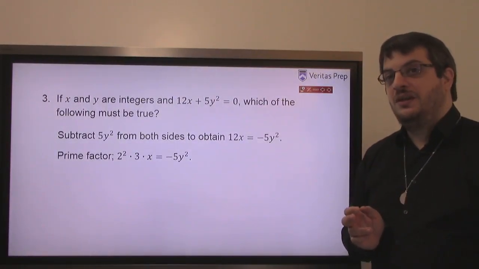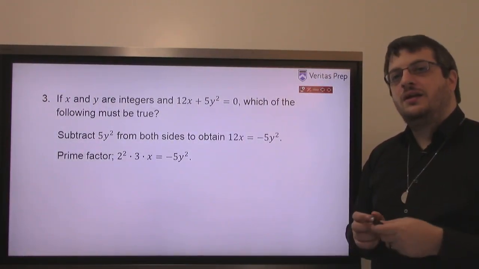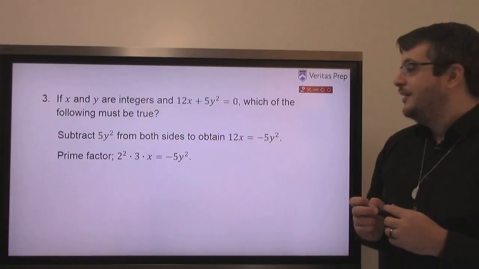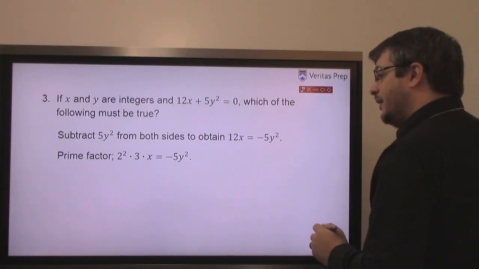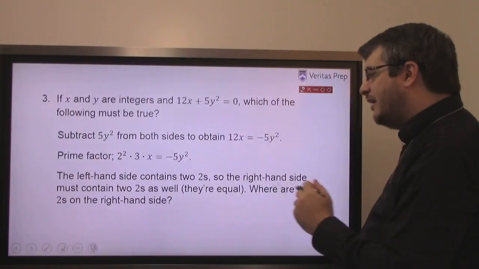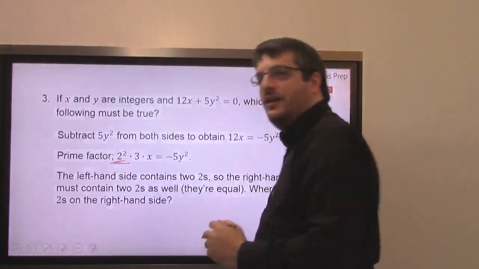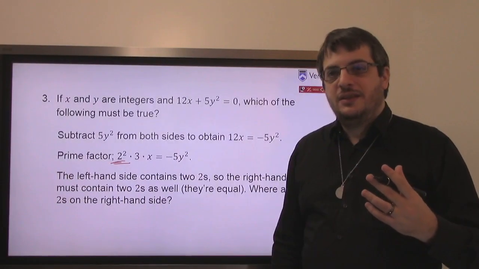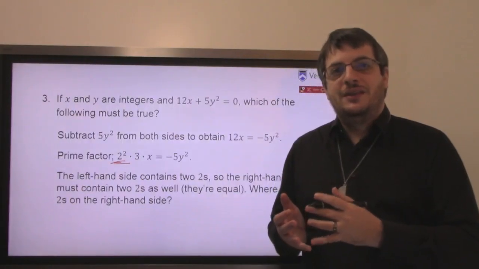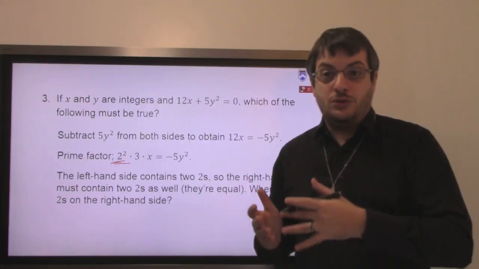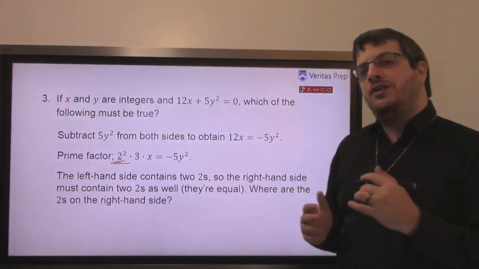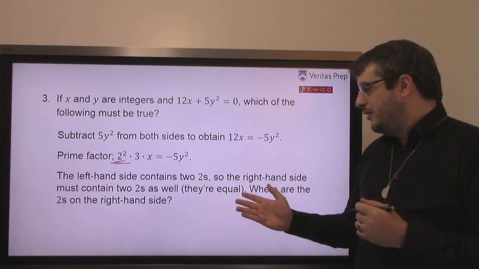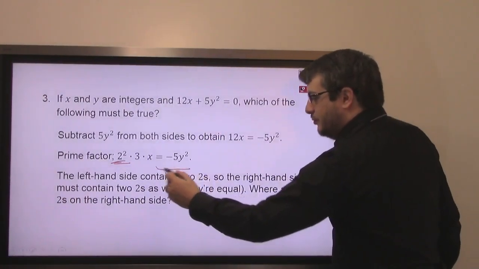Now, from here, okay, some people are speaking other languages, I'm not sure, but okay. So from here, I can look at this and I can say, well, wait a minute, the left-hand side contains a couple of 2's, right? They're right there. But that means there's a couple of 2's actually in my bag of factors. The two sides are equal. They're the same bag of factors. There must be also 2 2's in the right-hand side. Where are the 2 2's in the right-hand side? Where are my missing 2's that must be over here?